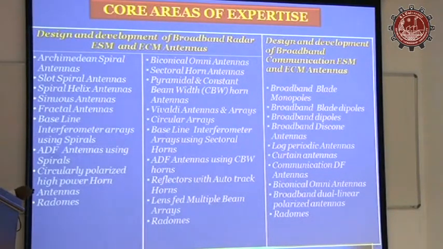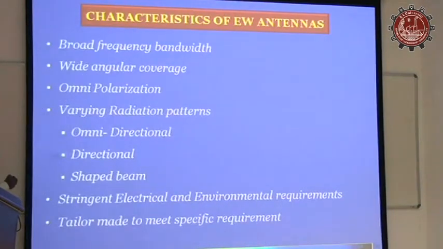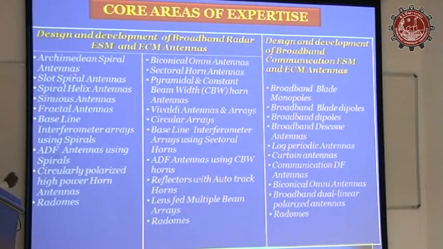These are some of the antennas I have listed that we have developed in DLR. Most of them are broadband antennas like Archimedean spirals. As was mentioned, the team worked on these Archimedean spirals and pioneered the techniques in achieving the performance. Then slot spiral antennas. There is a difference from the Archimedean spiral: there the conductor radiates, whereas here the slot, the space between the two conductors, radiates.